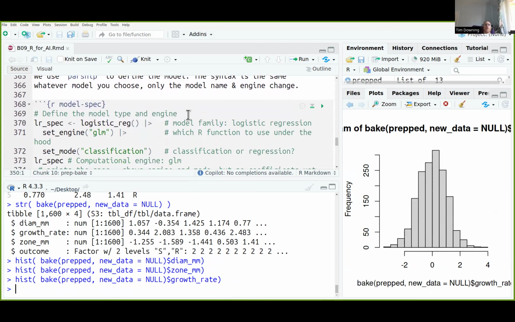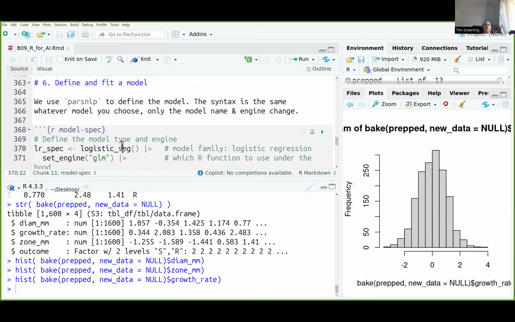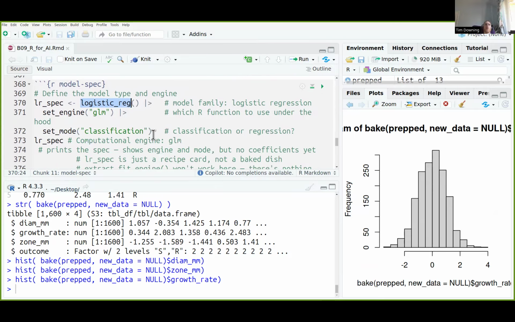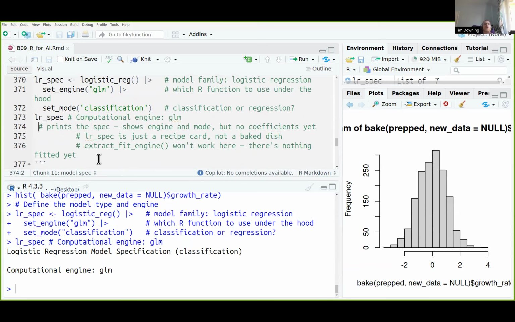So now we can use Parsnip to look at the model more carefully. Here we're looking at logistic regression using the GLM function. I'm using this for classification into two groups, S and R. We can look at the output that's stored in the variable LR spec. That shows the engine and mode, but not the coefficients yet, because we haven't added them